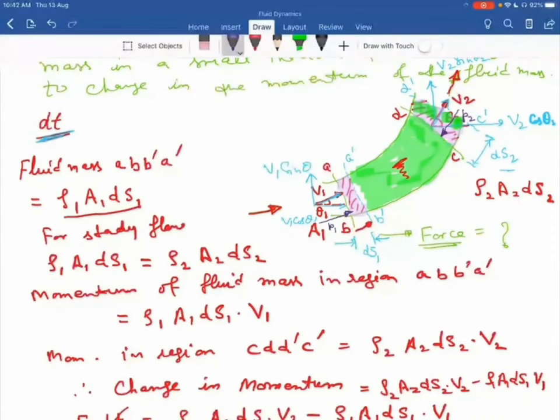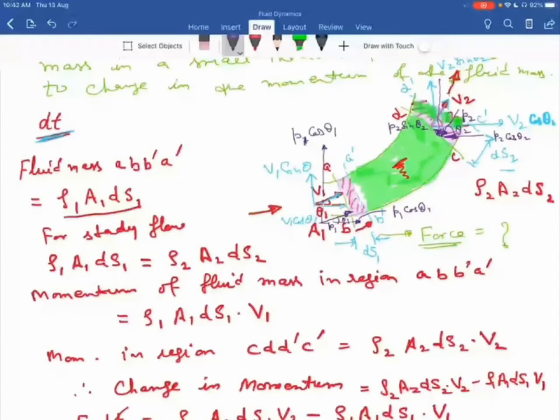So on the same lines, you can resolve P1 in the horizontal direction as well as in vertical direction. In horizontal direction, तो ये यहाँ पे होगा, and then in vertical direction. ठीक है? The angle is theta 1. This angle is theta 2. This horizontal component becomes P2 cos theta 2. और यहाँ पे जो vertical component है that becomes P2 sin theta 2. Here the horizontal component is this one P1 cos theta 1 and vertical component is P1 sin theta 1. Sorry P1. This is P1 cos theta 1.